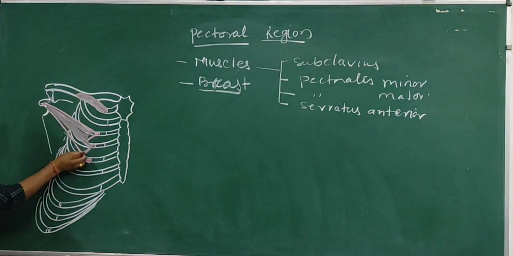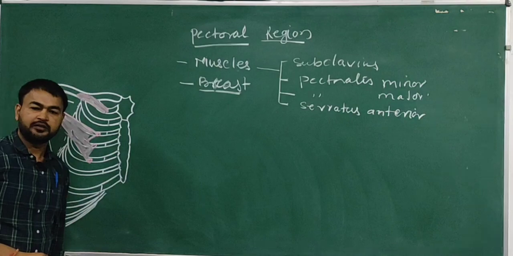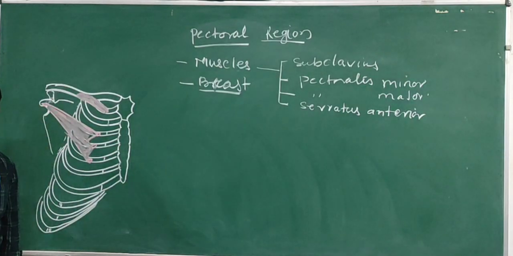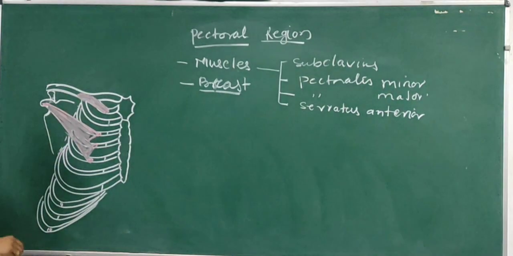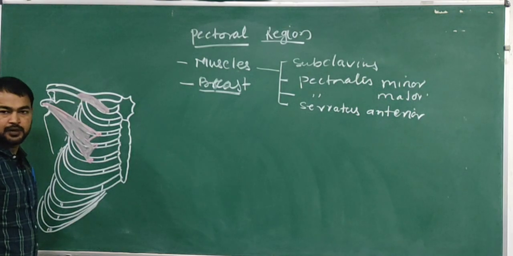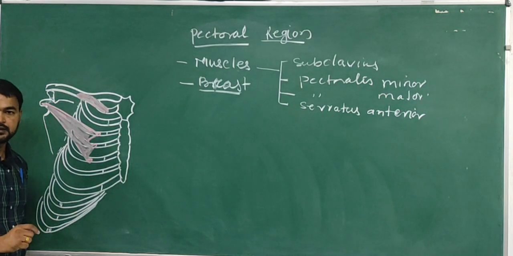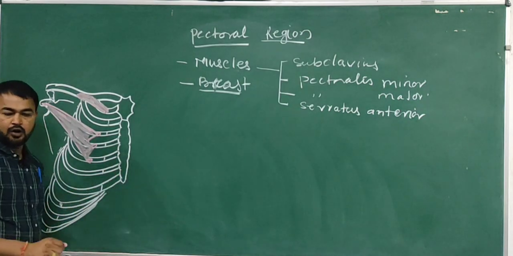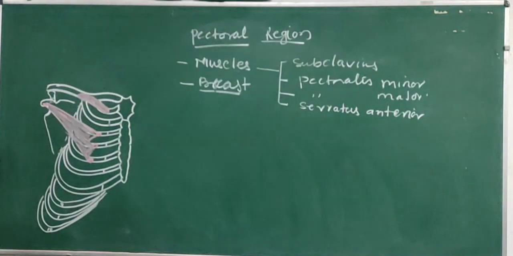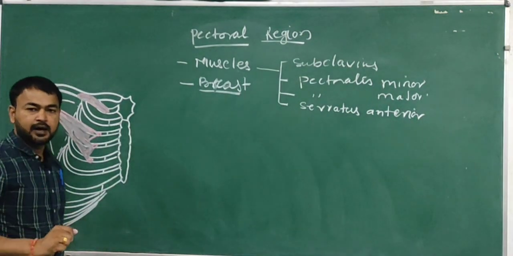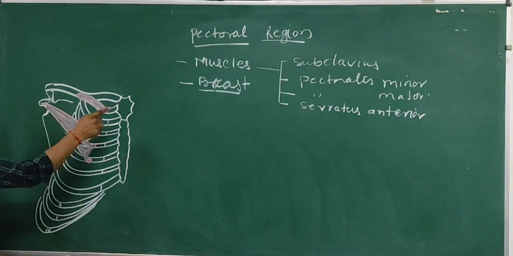Nerve supply of the pectoralis minor muscle is the medial and the lateral pectoral nerve. Medial and lateral pectoral nerves are branches from the lateral cord and the medial cord of the brachial plexus. Action is to depress the scapula along with the serratus anterior muscle. Along with the serratus anterior, it protracts the scapula, or moves the scapula forward. It is also an accessory muscle at the time of forced respiration. That is the pectoralis minor muscle.